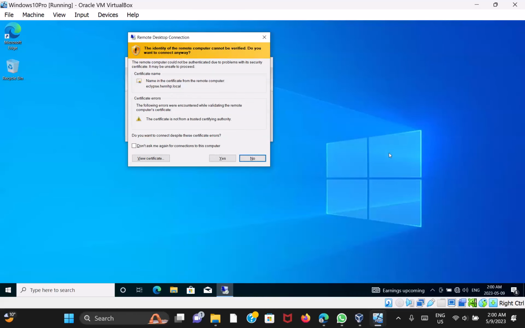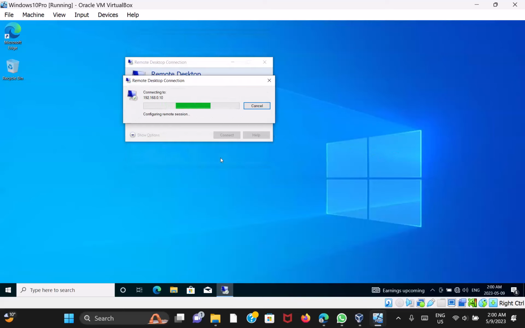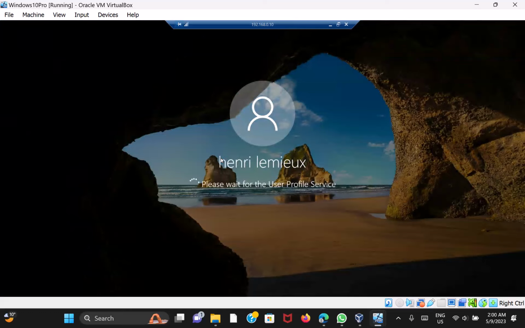As you can see, we are prompted to enter and then to say yes. As you can see, we are logged inside the virtual machine, so we'll be